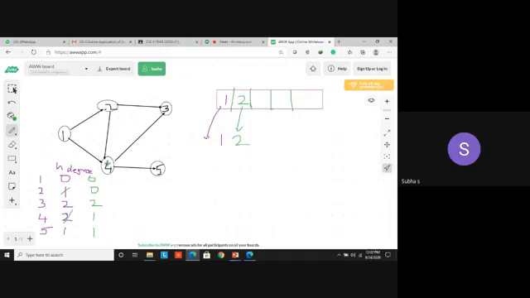Yes, what you have to do? Decrement their in degree by 1. So for 3 and 4, decrement the values by 1. What will happen? For other nodes, place as such: 0, 0, 2 decremented to 1, 1 decremented to 0, 1 will be there as such. Now you have one more vertex with in degree 0. What is the node? Vertex 4. So you are going to enqueue it, add it in the queue.